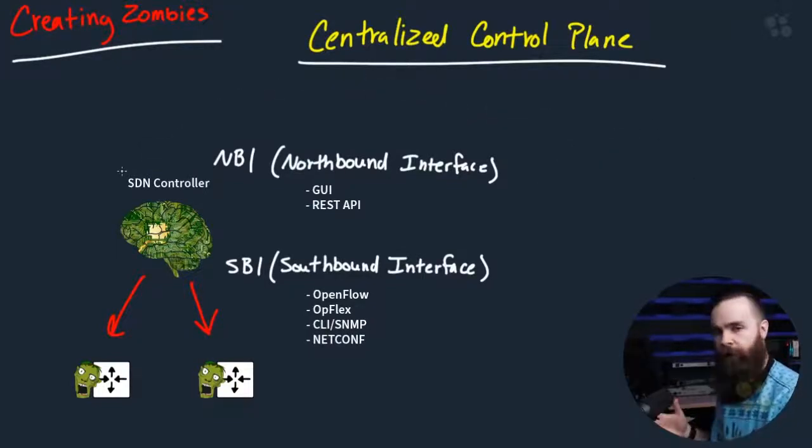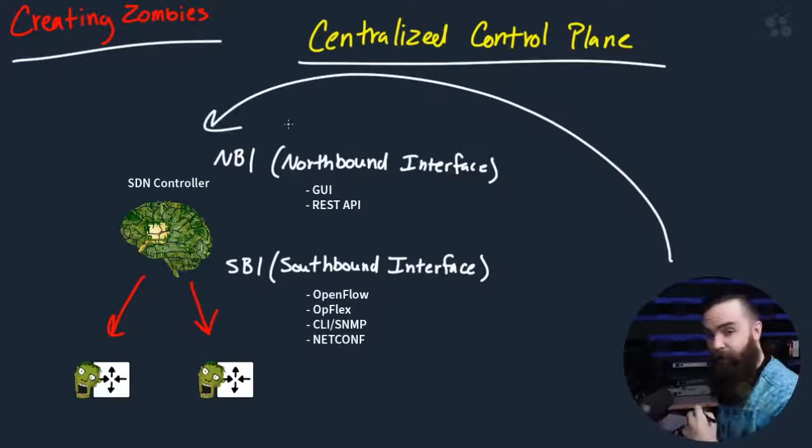So software-defined networking is all about going from a distributed control plane to a centralized control plane, removing the brains from our network devices, if not totally, maybe a little partially, and putting it into a software-defined networking controller, and they control the show. And they do it via some southbound interfaces. You can do OpenFlow, OpFlex, CLI, NetConf, depending on what you have available to you. And then we have our northbound interface, which is how we access and interface with our network via the northbound interface of our SDN controllers. We can do it via pretty GUI, click, click, click, or use our own scripts and our own programs and just interact with the REST API of that controller.